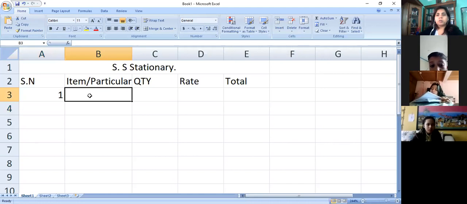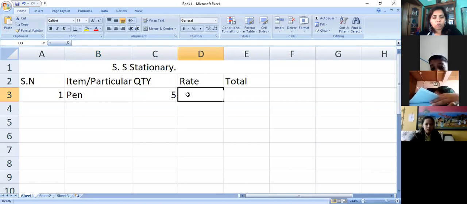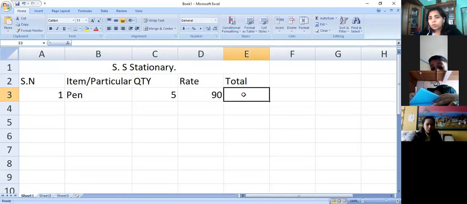Okay, number one. Suppose we bought pens from the stationery. Might be 5 pens. Then each pen costs suppose 90 rupees. Then we have to find total, isn't it? Okay, now let us type the formula to find total.